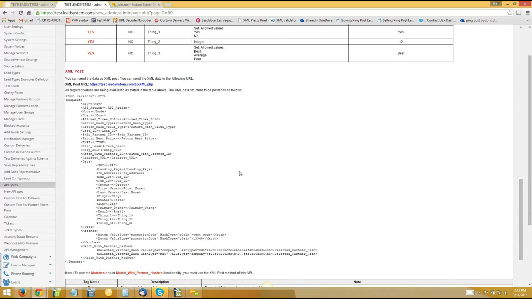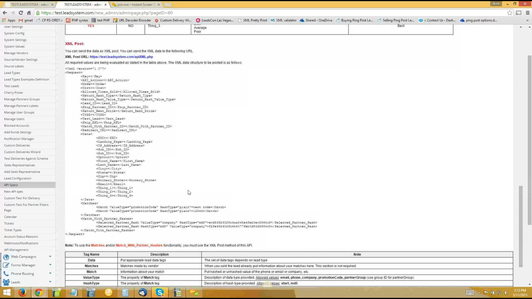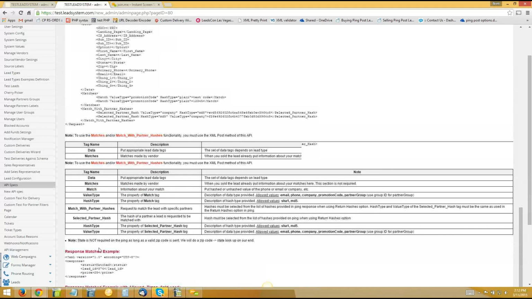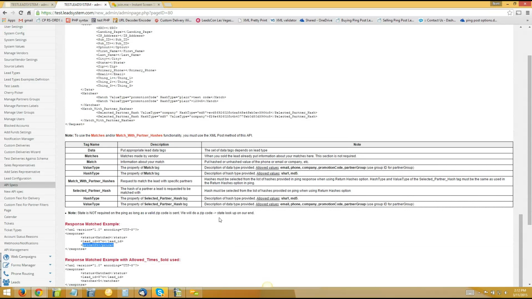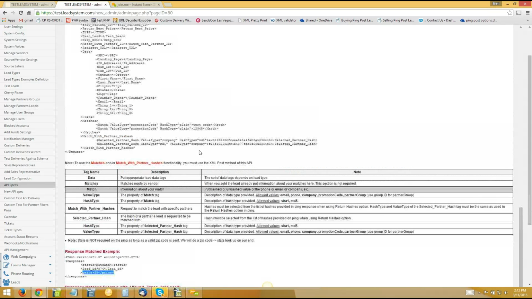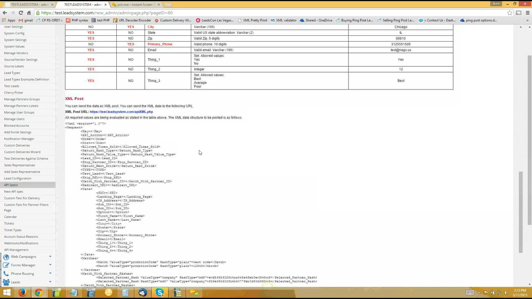On the post, it's going to return back matched on that response, meaning that you purchased that lead from them, you owe them that lead, or it was returned, and that's offering the ping response. Setting up the vendor things,